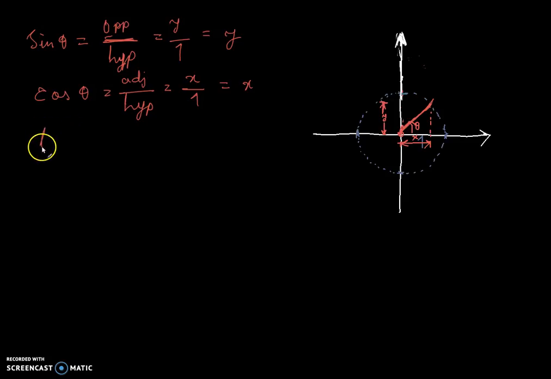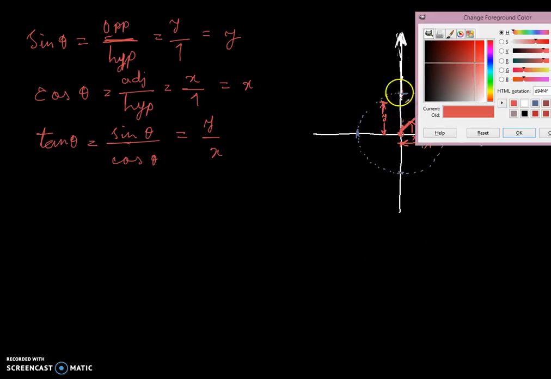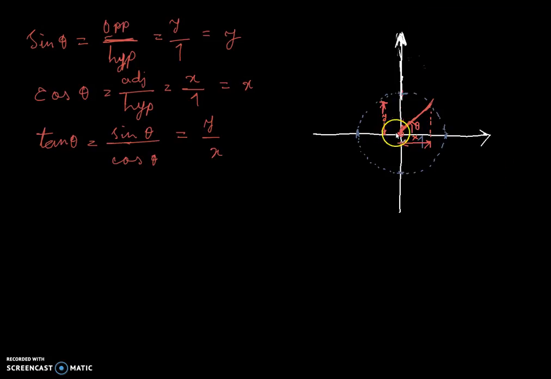Now if you wanted to calculate tan theta, it would be sine theta by cos theta, which would be y divided by x. And now you have no problem because you have a y value, you have an x value, and everything is okay. But in some cases you can't do that. For example, if you have a coordinate system like this,